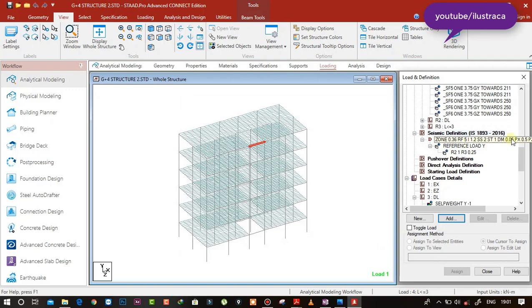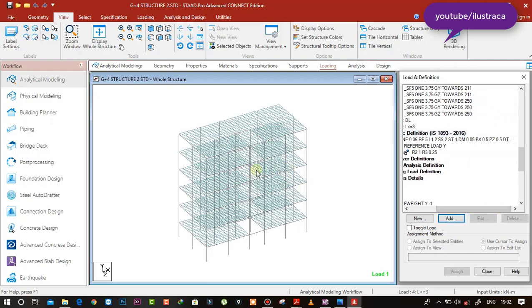We need to find the Px and Pz, the fundamental time period of the structure. We haven't actually modeled the infill walls here, so it is not possible to ask the software to get the time period, because it will consider it as a bare frame. So we need to just calculate.